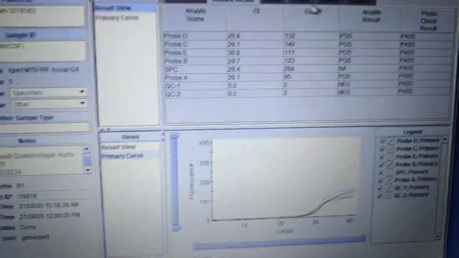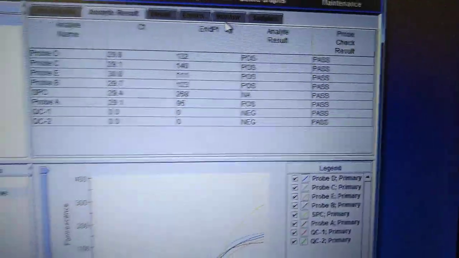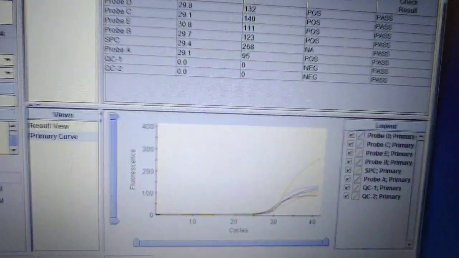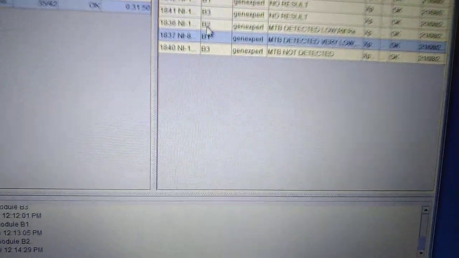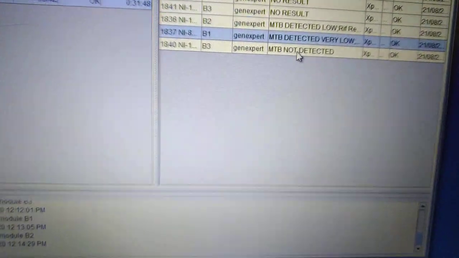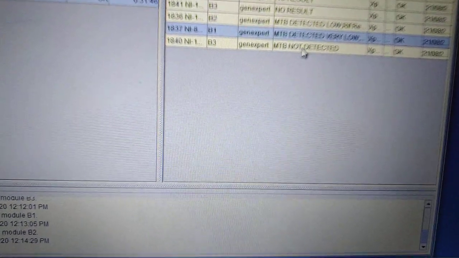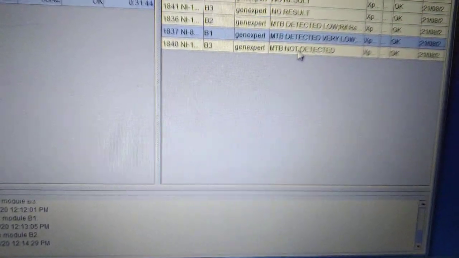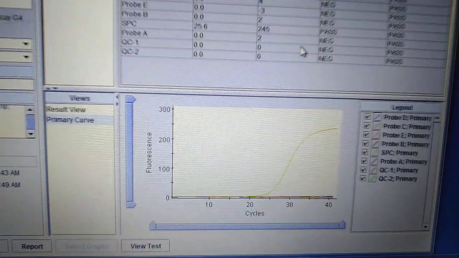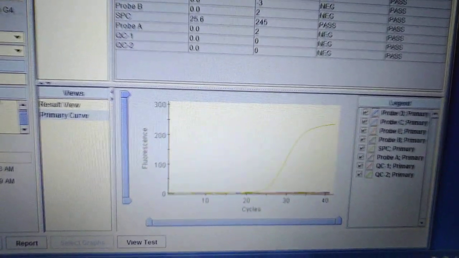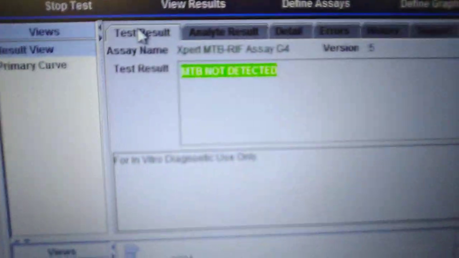These are the CT values, these are the probe checks. This is the result for a negative sample.